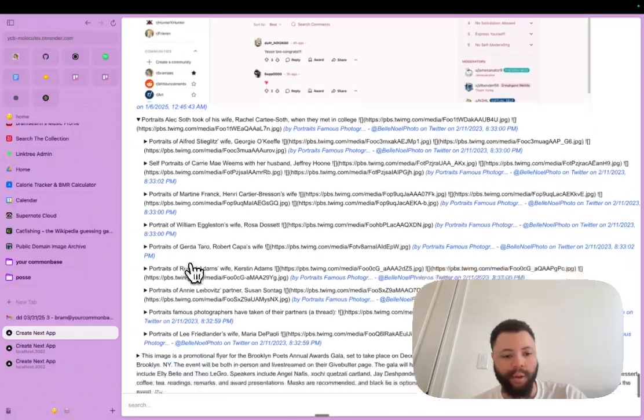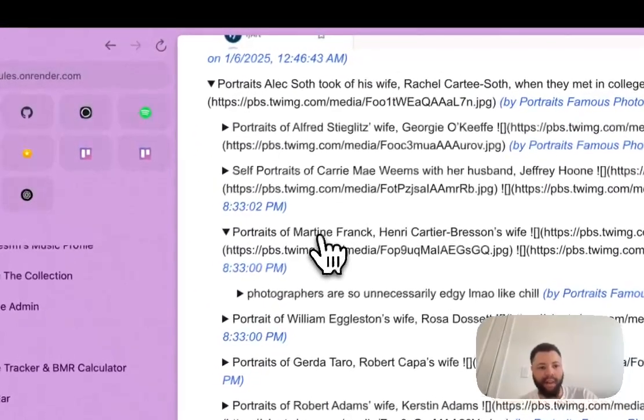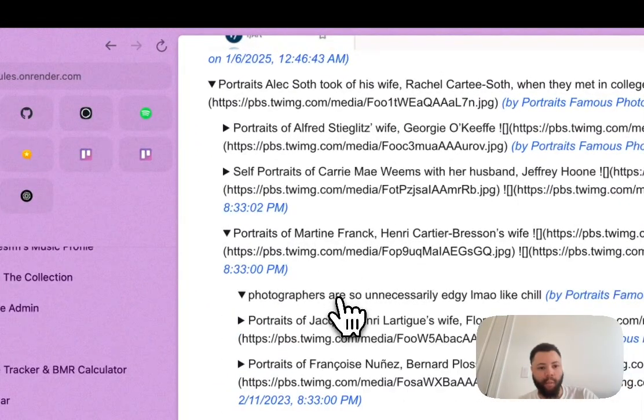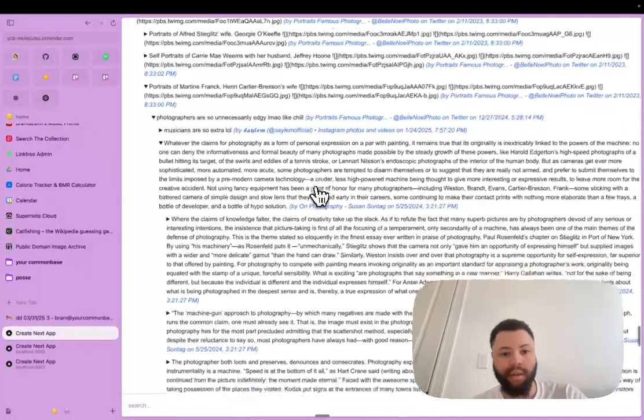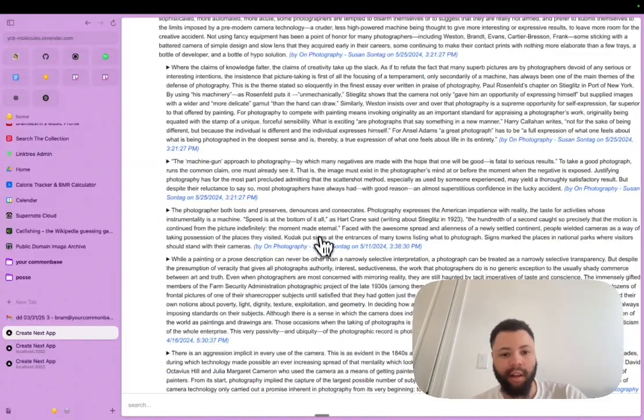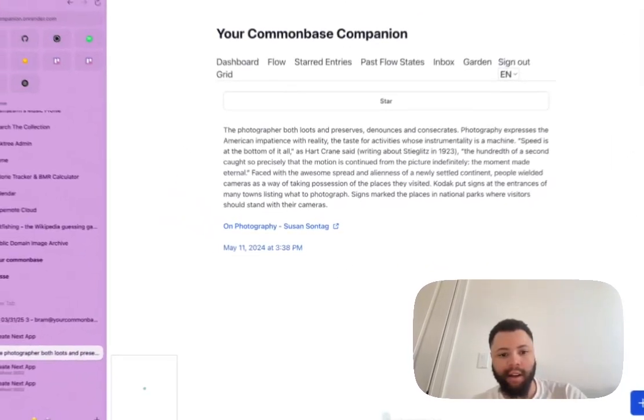And now we're looking at portraits of artists and things like that. I wonder if we can get to more photographer musicians, photography. These links also work too. So if you want to click a link, it'll jump to that entry.